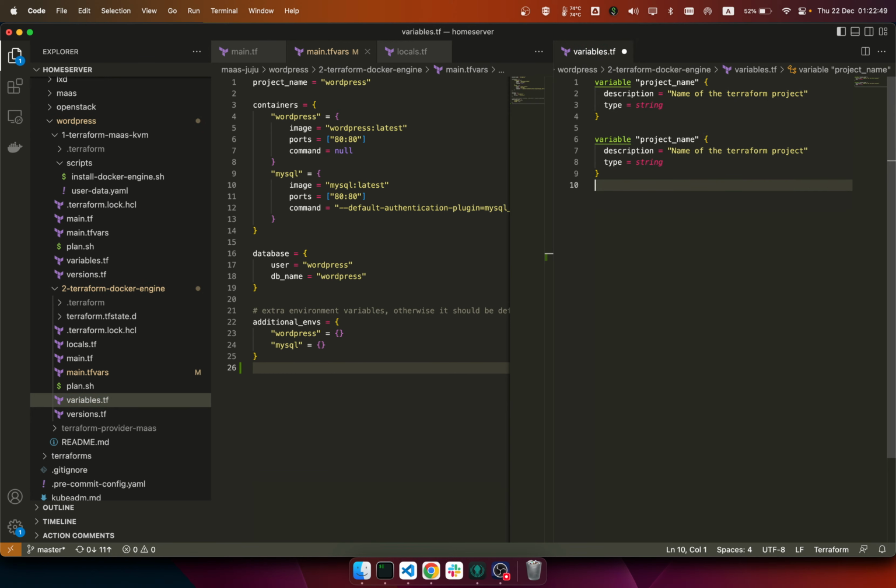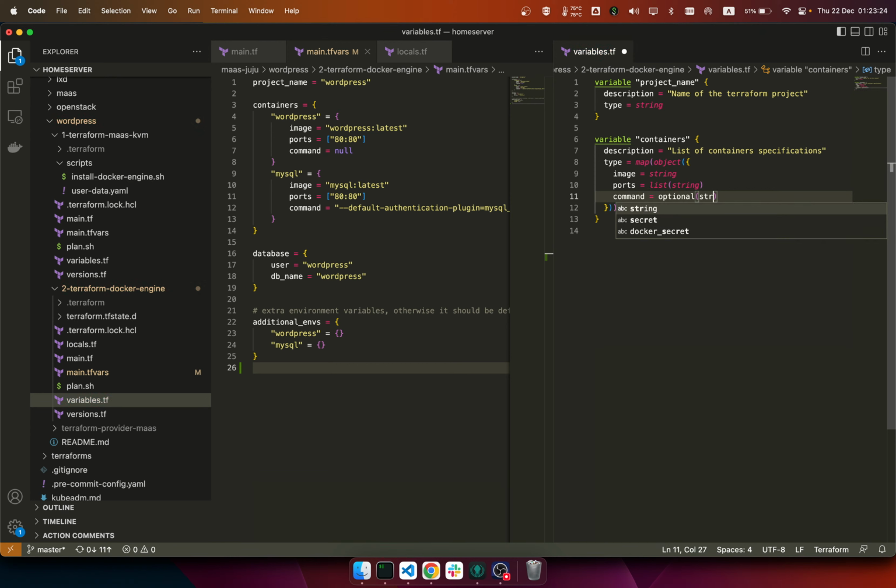Okay, so containers: type will be a map of object. Image will become a string, port will be a list of string, and you have command line, an optional string as well. Otherwise I think the rest is fine. Now we can think of